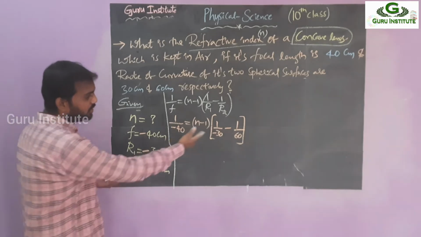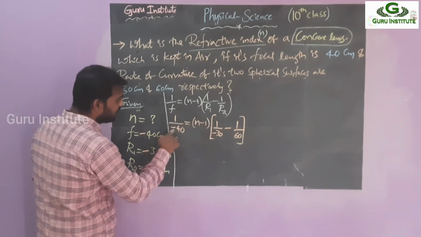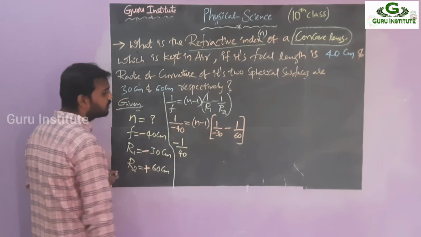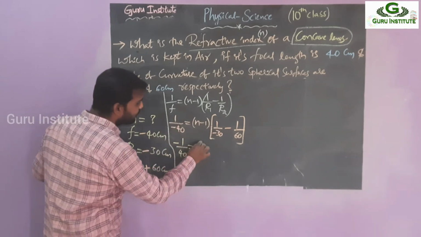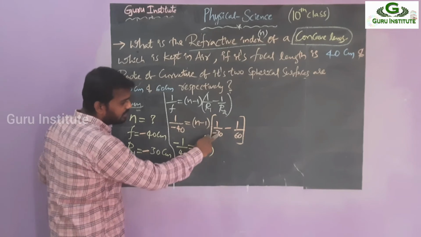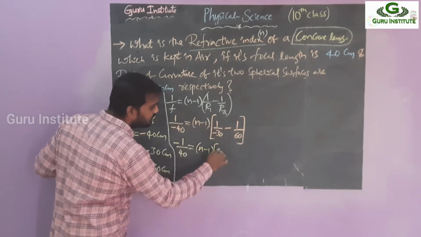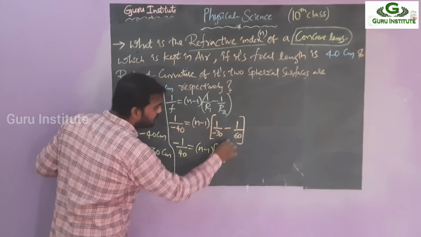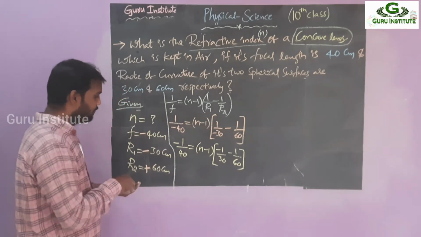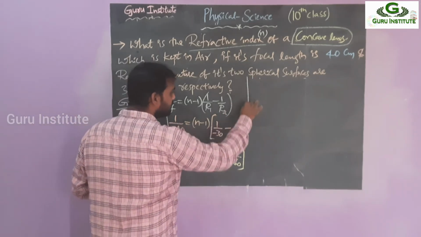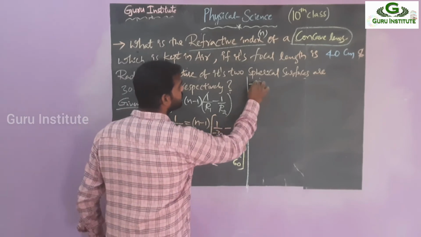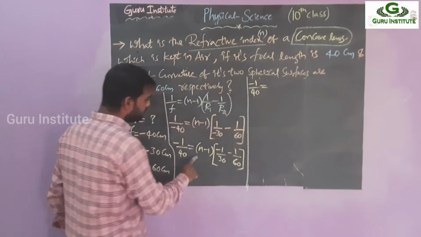Right. Next, there is no cancellation possible, right? So simply write the next here. Minus going to the numerator. Always, if you have any minus in the denominator, move it into the numerator. Minus 1 by 40 is equal to n minus 1. Okay, right? So just now I told you minus 30. This is because of what? Minus 1 by 30 in the numerator, minus 1 by 30. This should be minus 1 by 60. Again, take the LCM. No need to take the LCM, take the direct simplification. This is what? Minus 1 by 40, that is equal to n minus 1.